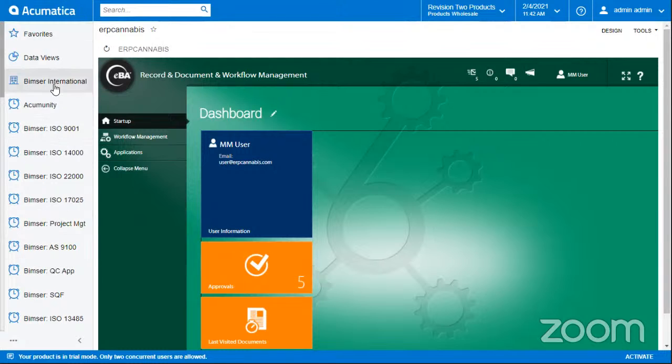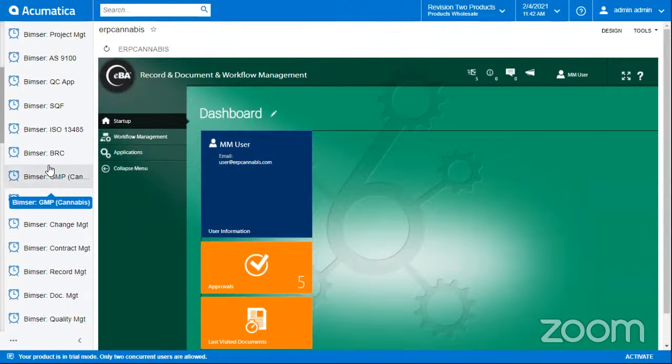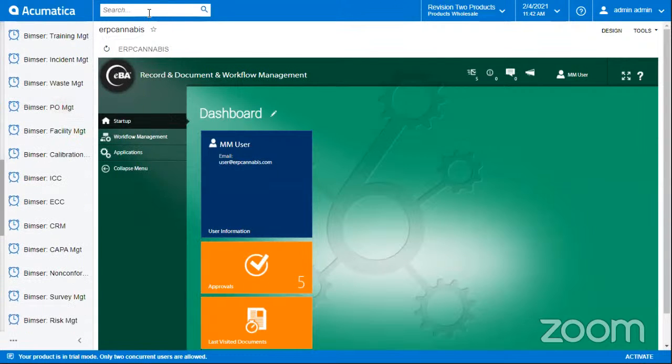On your left, you can go to different workspaces of Acumatica or search for your workspace. And on your right, you can manage the applications that you have in ERP Cannabis. ERP Cannabis is a permission-based system, meaning different users have different permissions based on their role, position, profession, department, or group.